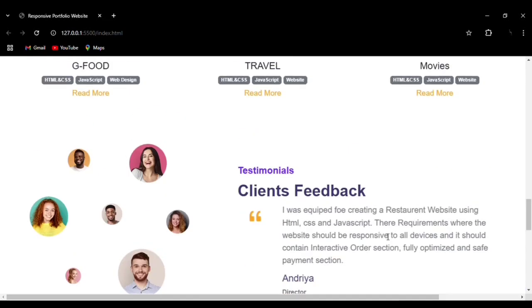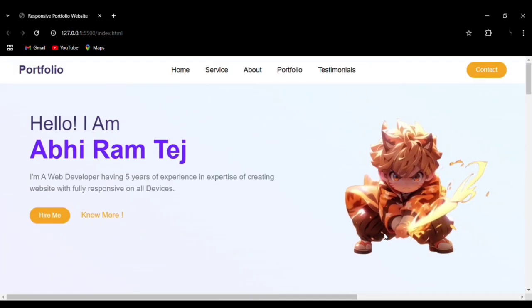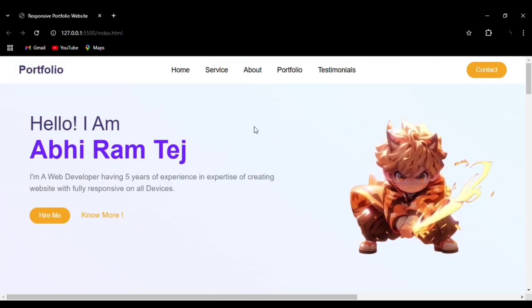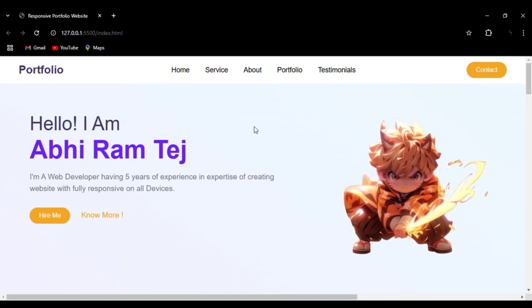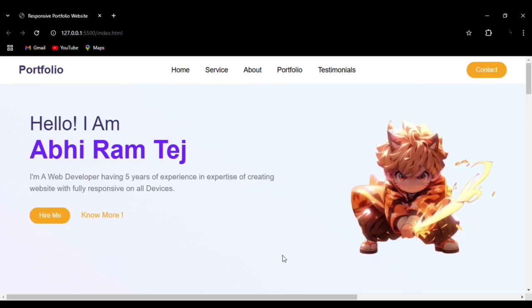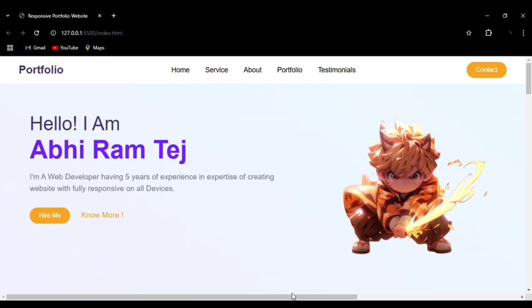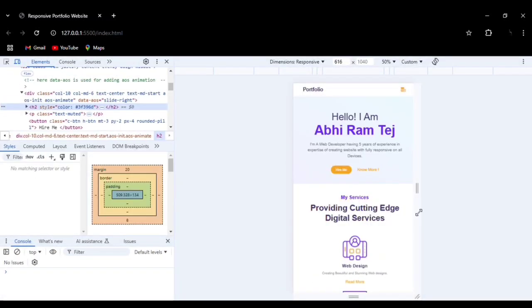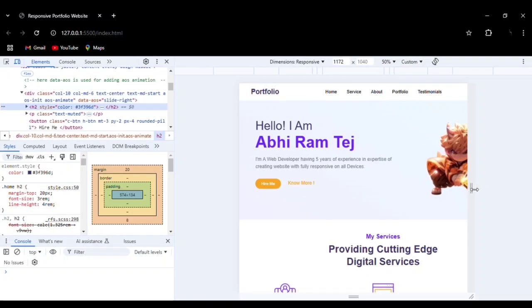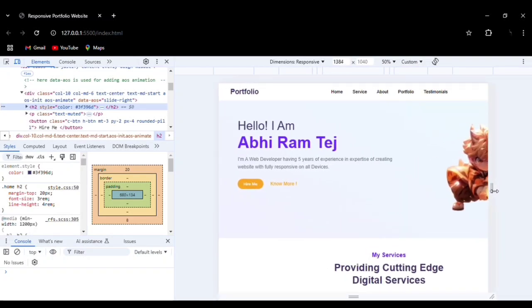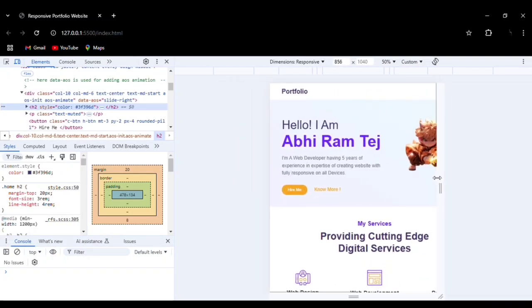All rights are reserved. This website is entirely responsive, that is, it is available in the mobile version as well as tab version also. Let me show you that. So first let me show you the desktop version. Here this is the desktop version. Then if we slowly move on,